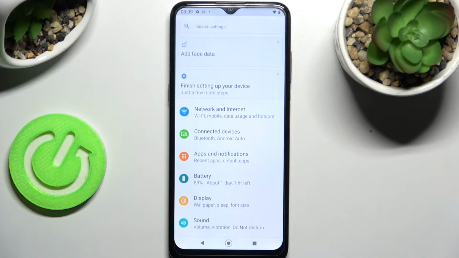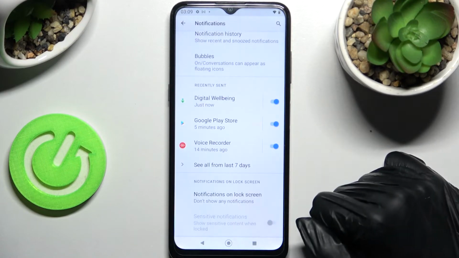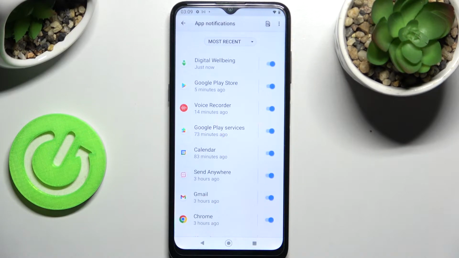Start by opening Settings and clicking on Apps and Notifications. Then choose Notifications and scroll down. Now click on See All from last 7 days and pick an app from which you want to block notifications